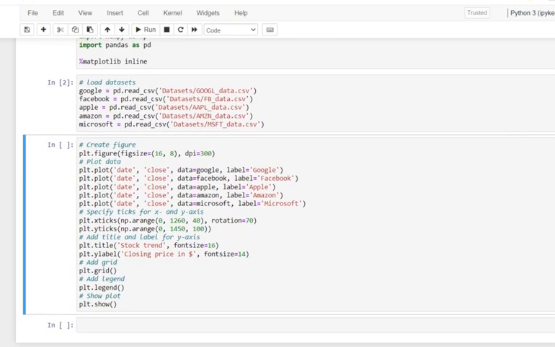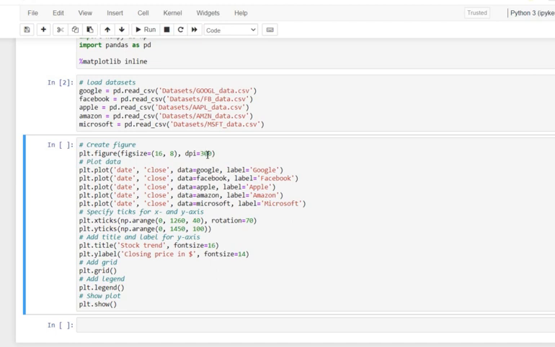Next, see here, dear friends, we are using Matplotlib to create a line chart that visualizes the closing price for the past 5 years, where we have the whole data sequence for all 5 companies. We need to add labels, titles and a legend to make the visualization self-explanatory. So here we are using the plot grid function to add a grid to the plot. This is the figure which we are having at a DPI, that is dots